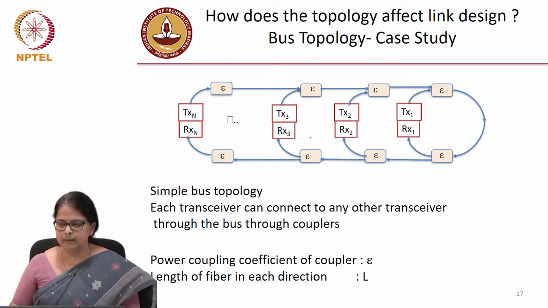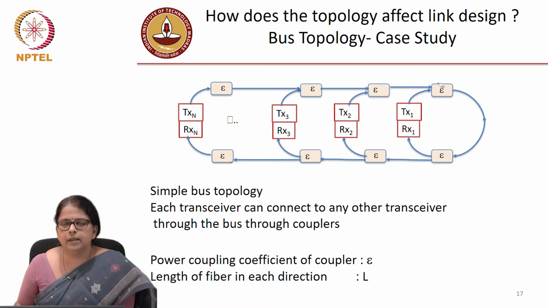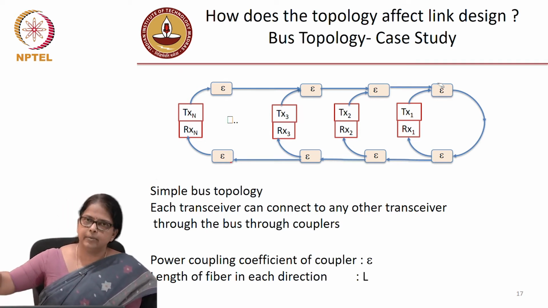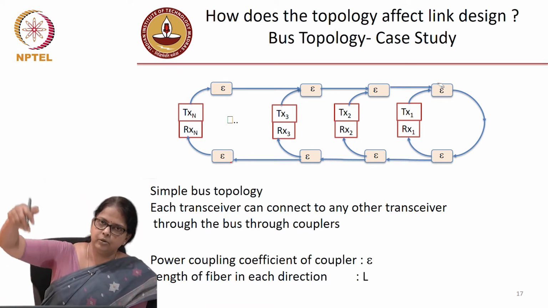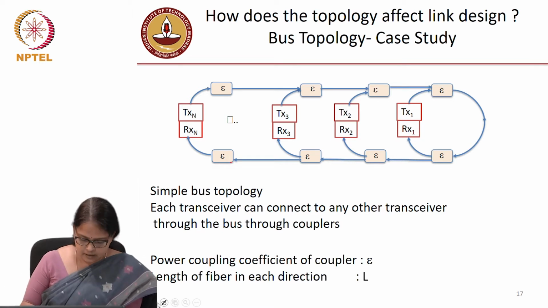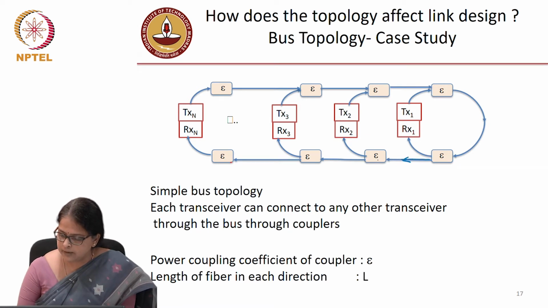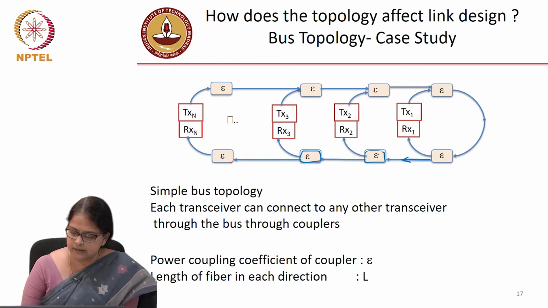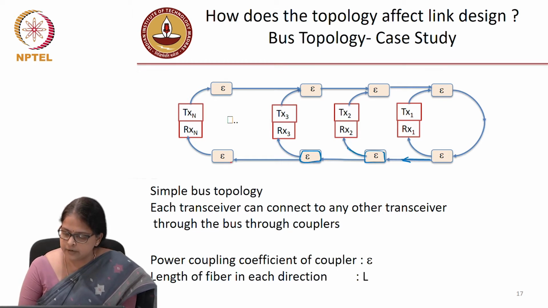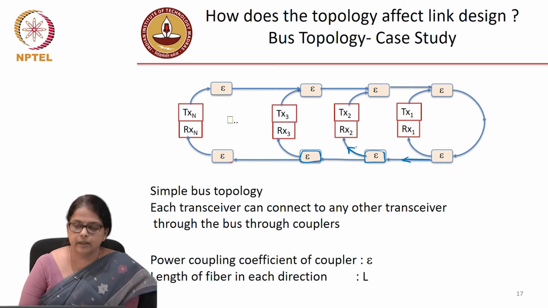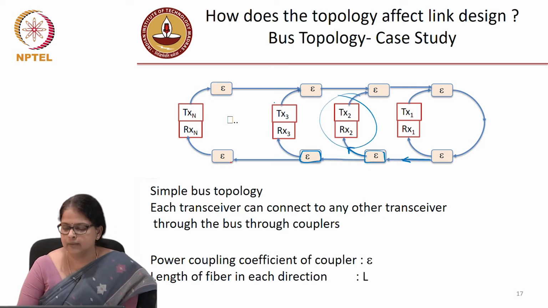So for example, we take a bus topology. In the bus topology, we know that you have a central fiber and you have the different nodes accessing the central fiber. What is shown in blue here is that central fiber. So you have the fiber running, it has couplers placed at regular intervals. At these couplers you can drop your optical data, there is a transmitter receiver,